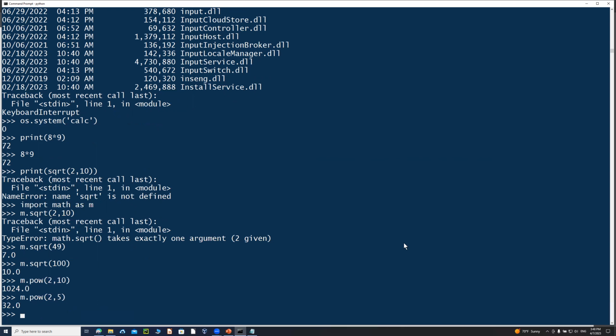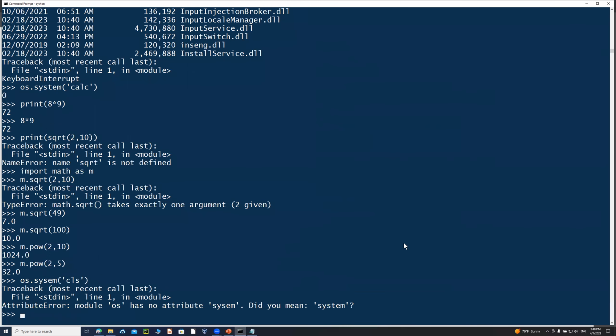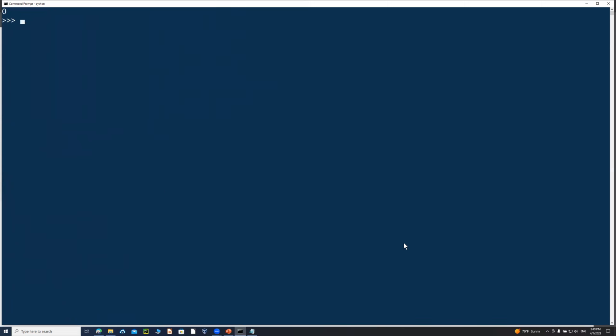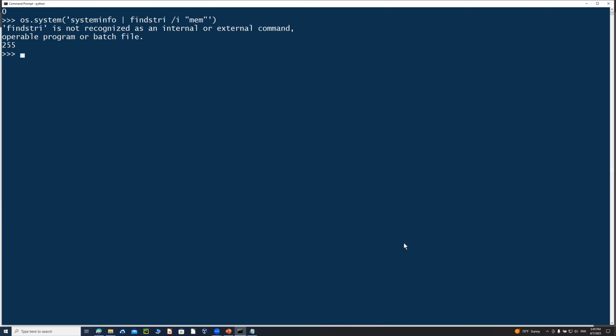But with inside the NumPy, let me do OS.system and then clear the screen here. I'm going to show you one more thing here before OS.system. So here I'm going to just show you another technique. In addition to running commands, sometimes your command requires more arguments. Obviously, you could do something like this: system info find string /I, and then memory. So you can get the system memory information and then run this one, find the string, no idea. So you will get that one, and then